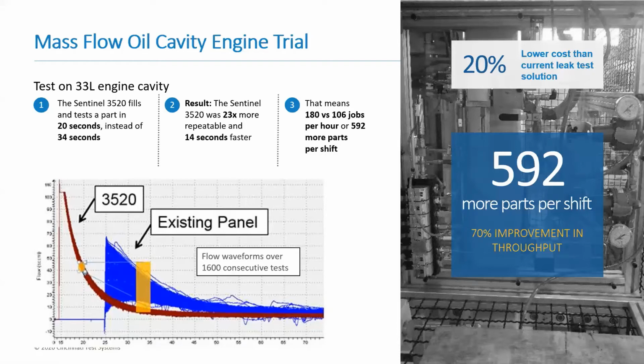I think this was a full weekend long test, basically just running the same engine over and over in 2 parallel stations, one the mechanical system, one the 3520. And it showed, when we went back and looked in the data, it was variations in what our gauge reference was. So all the instruments we use are absolute pressure systems, no matter which Sentinel instrument you look at. And that's because we want to make sure we have an accurate gauge reference whenever we're doing our tests. So when you're doing 14 psi G, it's always 14 psi G, not riding